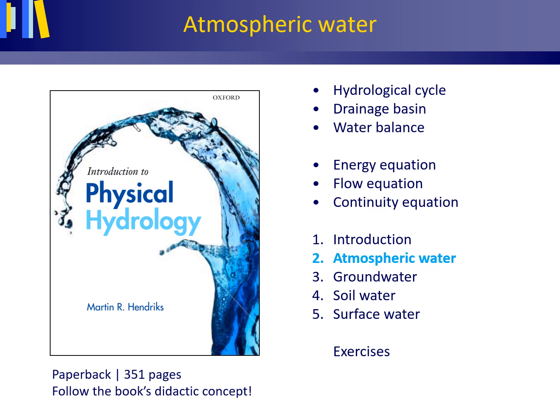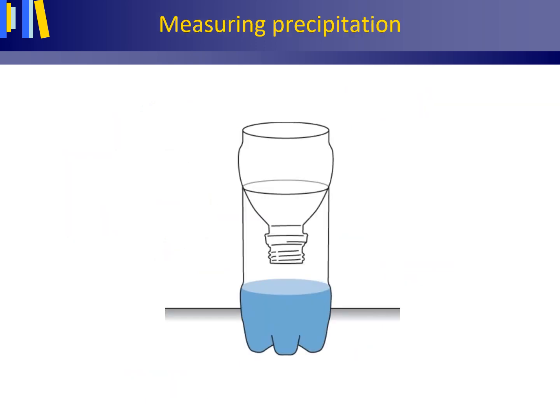This is part 2 of the lecture on atmospheric water. It's about measuring precipitation and estimating evaporation. Measuring precipitation. One may simply think of rainfall depth as the real depth of a layer of water on a